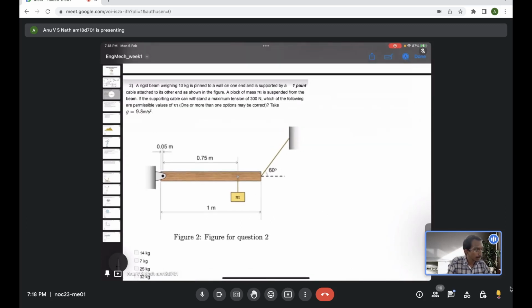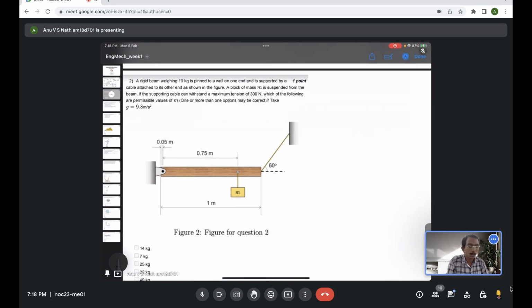So I hope the question is visible to everyone. We have a rigid beam weighing 10 kilogram, which is pinned to a wall on one end, the left end, and is supported by a cable attached to its other end, as shown in the figure. A block of mass m is suspended from the beam. If the supporting cable can withstand a maximum tension of 300 Newton, which of the following are permissible values of